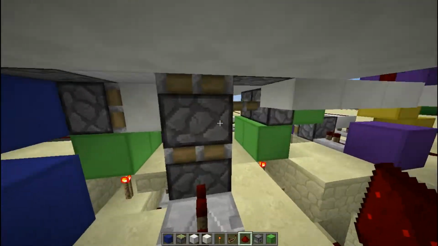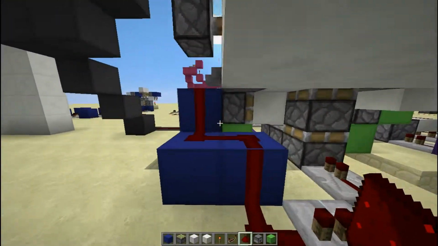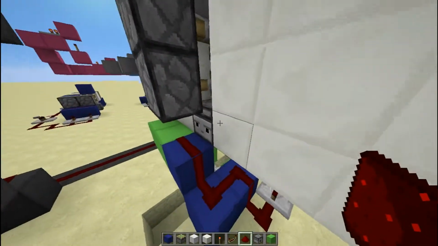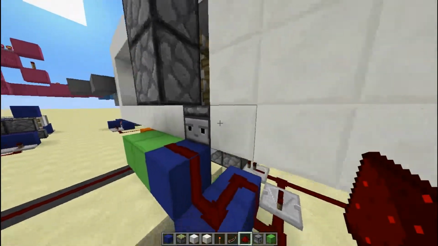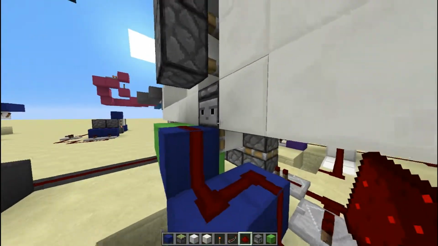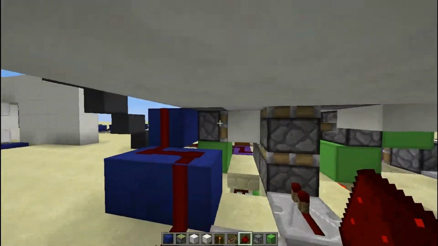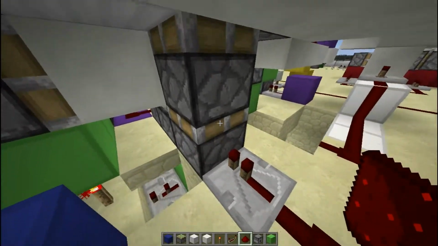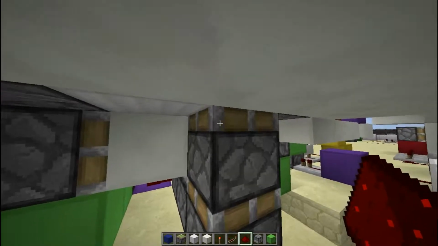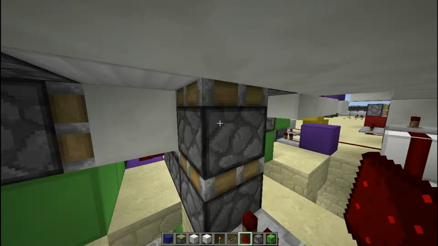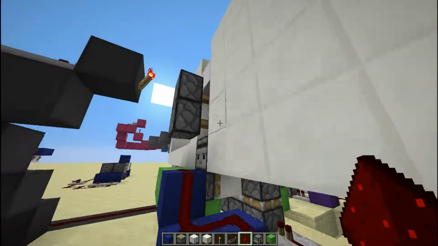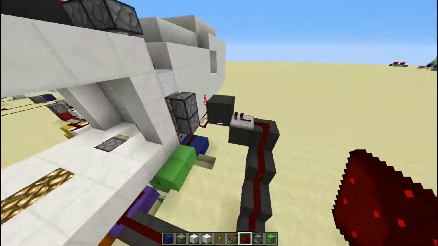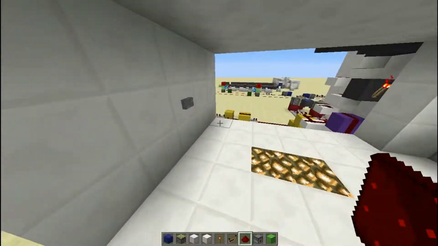And this is a double piston extender and retractor. What essentially happens here is the bottom piston is powered first, and then after a tick, 2 ticks, sorry, because the observer takes 1 tick to carry on its output. After 2 ticks, an output is given through this block to this. As this is powered, this piston will be powered, and when this piston is powered, it will push the block upwards. And since the observer gives a 1 tick output, the piston spits its blocks out, which causes,